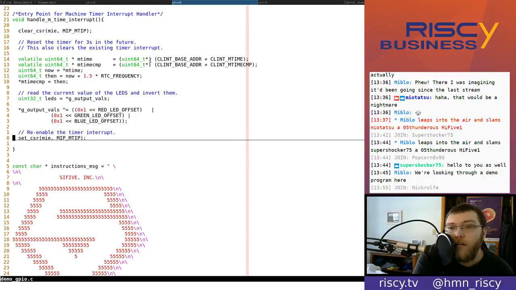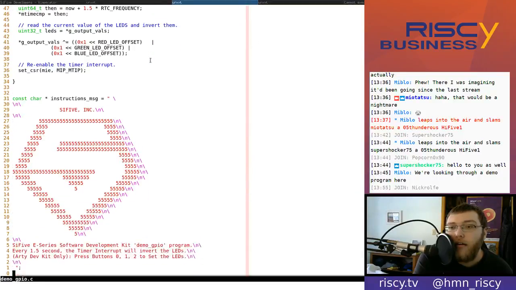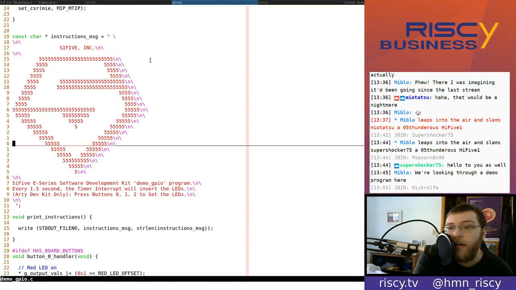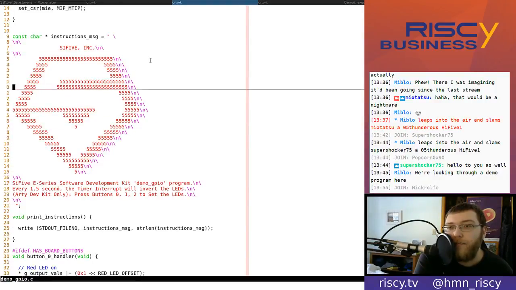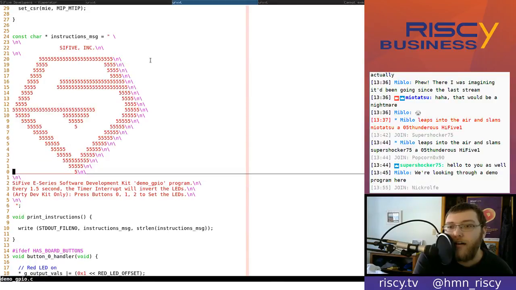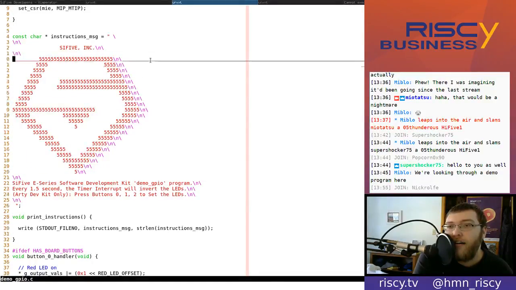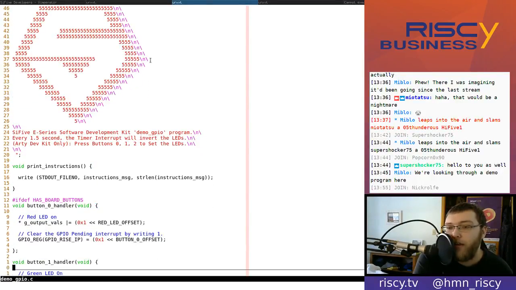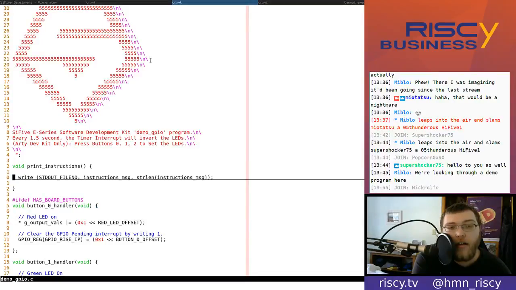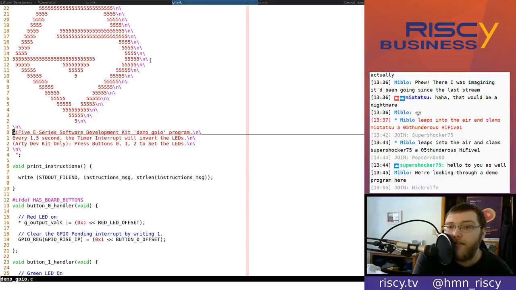And then we're doing re-enable the timer interrupt. So we set the CSR. Okay. And then here is that pretty little thing. They've got this nice little logo in ASCII here. And so this is a different demo than the one that we have currently on our HiFive1, because this says SciFive